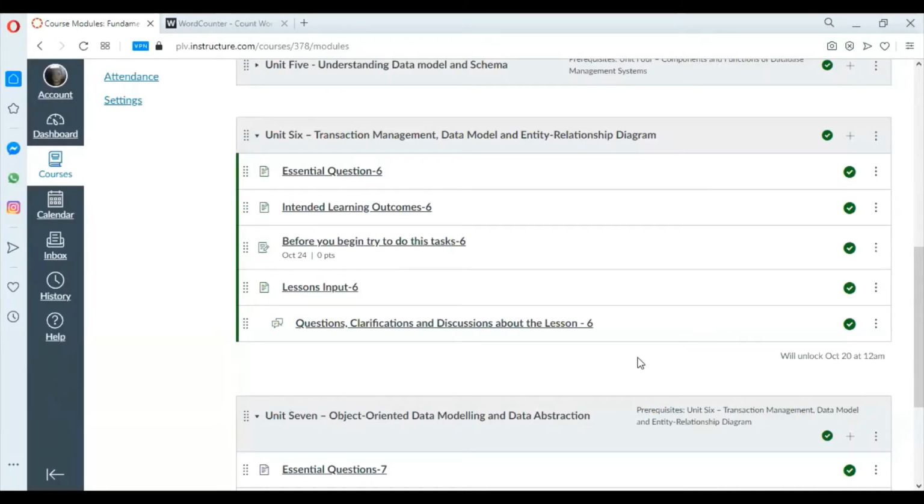Good day, guys. Today we are on our Unit 6, Transaction Management, Data Model, and Entity Relationship Diagram, also known as ERD. Now, for our essential question,